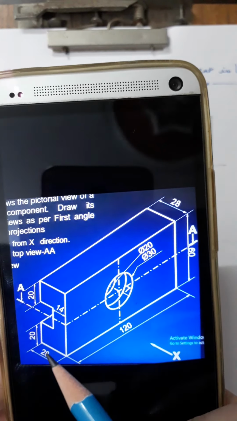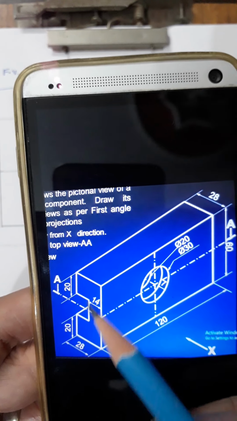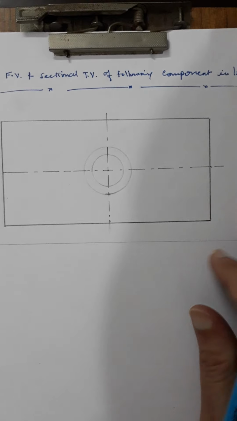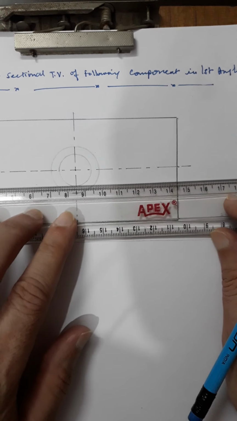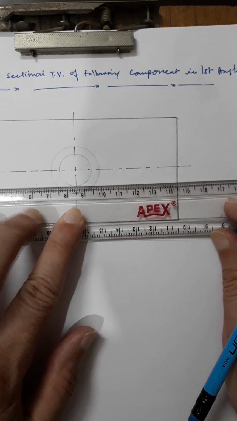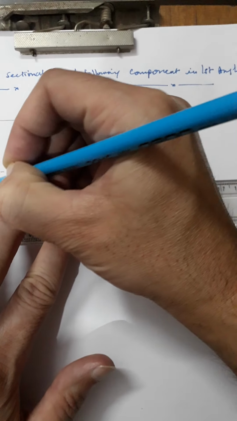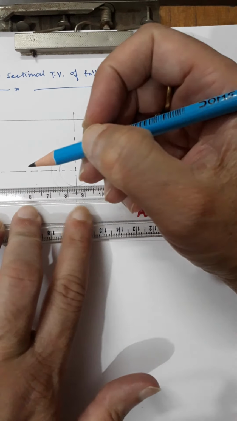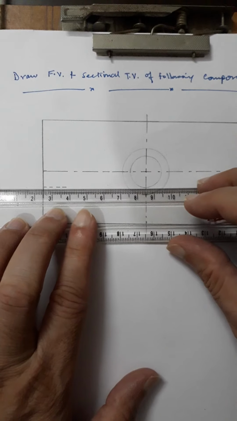This edge is 20 mm, then the gap should be 20 mm as well. So it will be 60 minus 20 minus 20, which is 20 mm. It will be passing through this circle. It will be dash lines because it is hidden. This slot will be hidden, so it will be a dash line throughout.